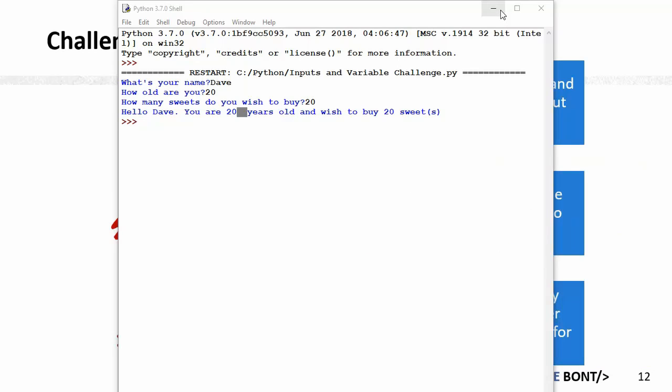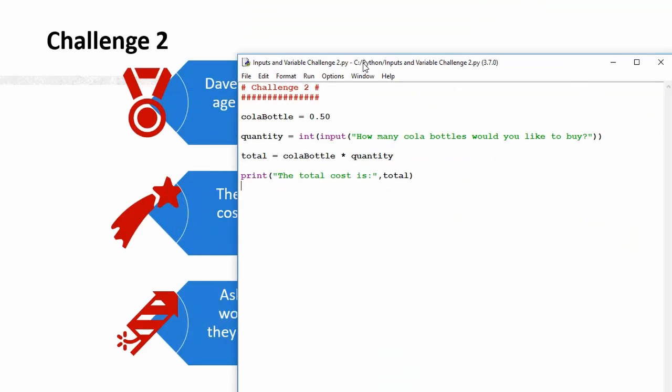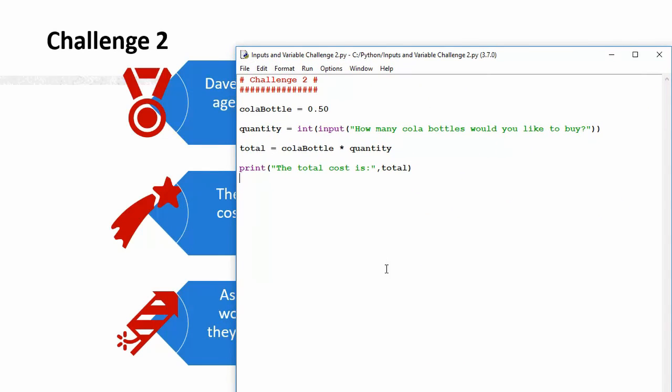So the second project, the shop is only selling cola bottles. Each cola bottle costs 50p. Ask how many the customer would like to buy and work out the total value. So what I've done here is I've written this code as so. I haven't asked for the person's name because the question hasn't really asked for it. So we've set a variable here, cola bottle, as a constant, so its value is going to be 50p in this program,